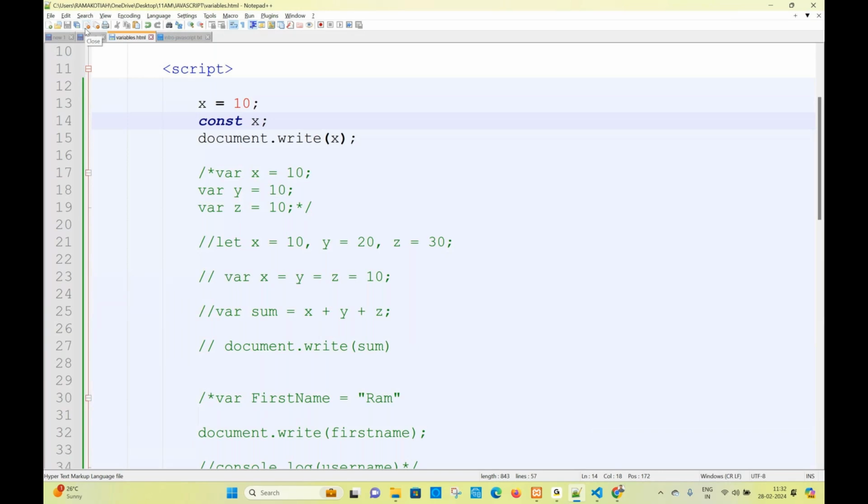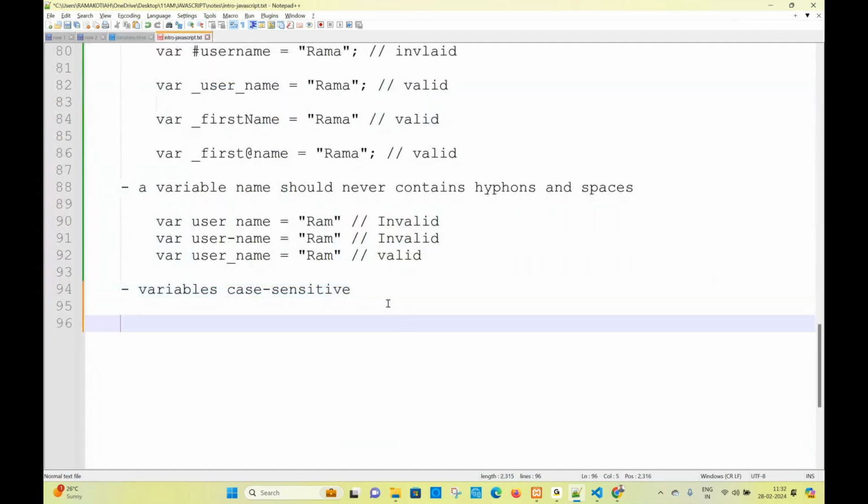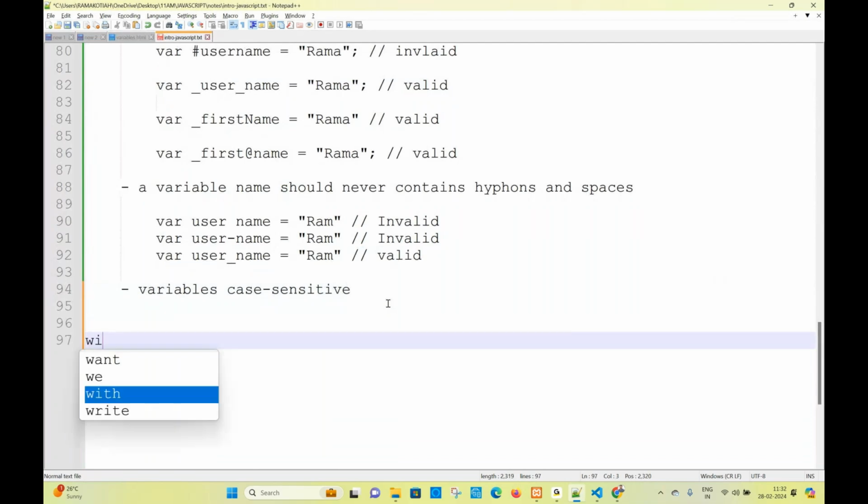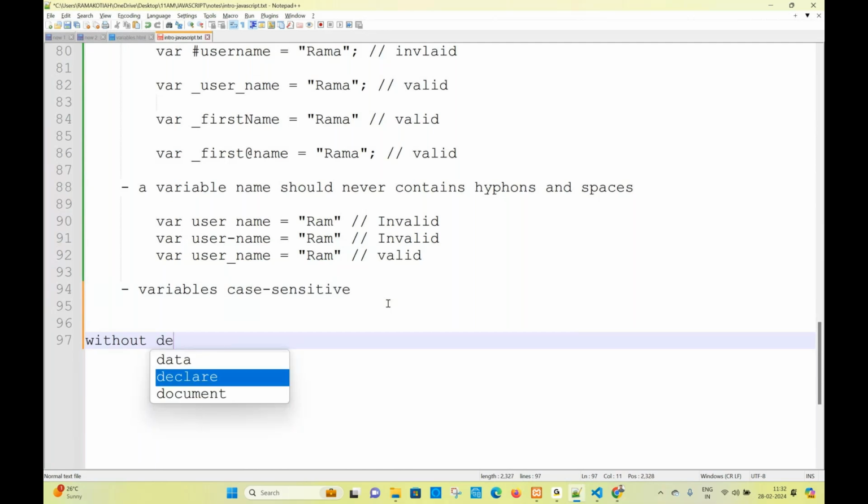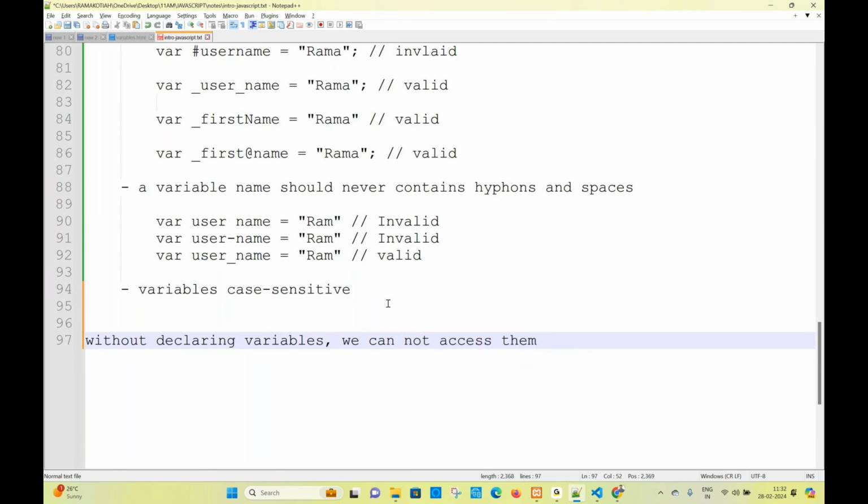Without declaring variables, let us write one point. The first point, differences wise, the first point we will see. So without declaring, otherwise with